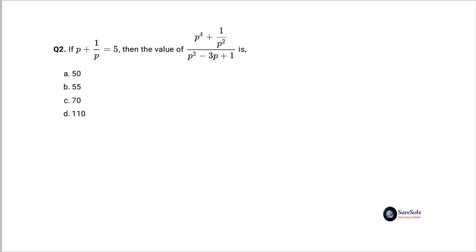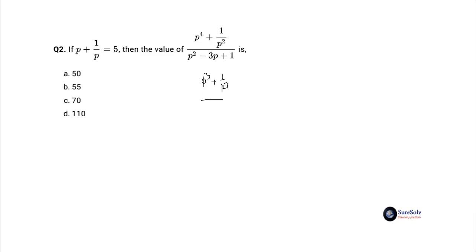With this objective, when you examine the target expression, you immediately discover the pattern that by the simple action of dividing both numerator and denominator by p, you get a very favorable changed target expression as p cube plus 1 by p cube divided by p plus 1 by p minus 3 equal to half multiplied by p cube plus 1 by p cube. With one shot, you have killed two birds, so to say. Now it is an easy situation.